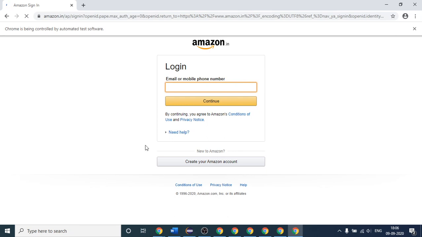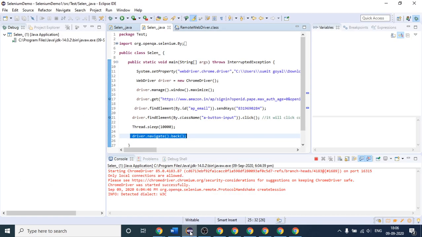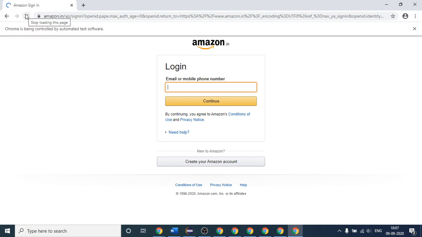It is still running. Okay, I think I should run this again. It is not opening properly. It is still loading. Okay, let me run it again. No point in waiting. Or I think I should refresh it. Maybe this will work or not.